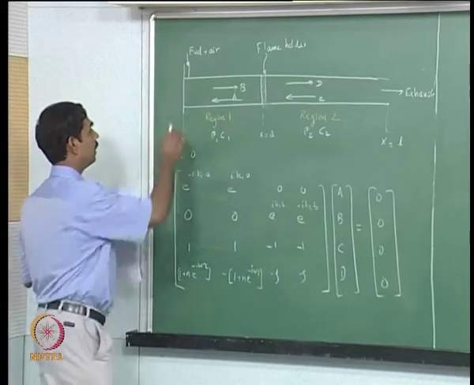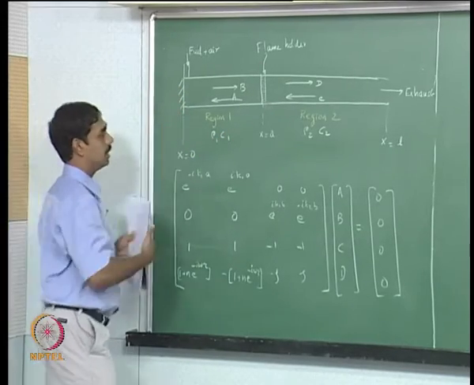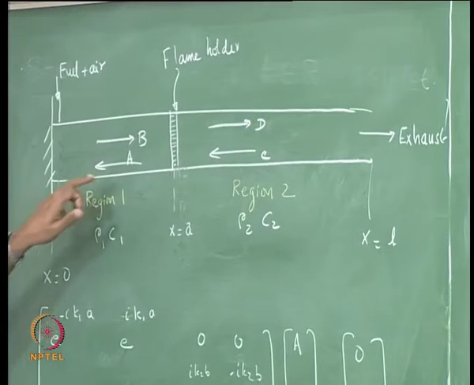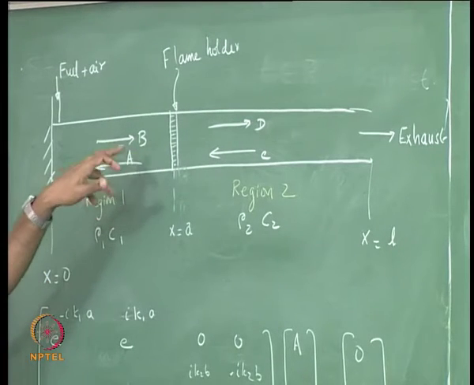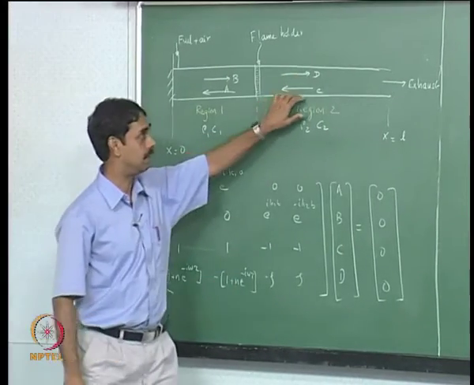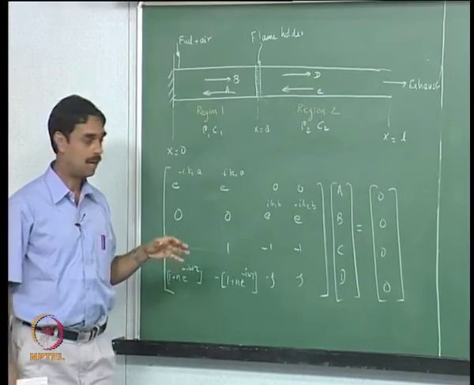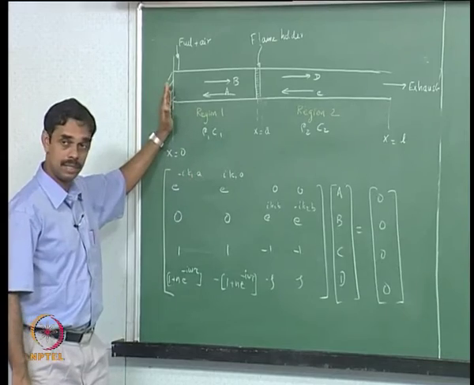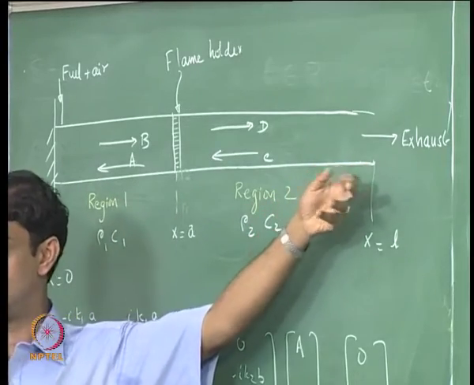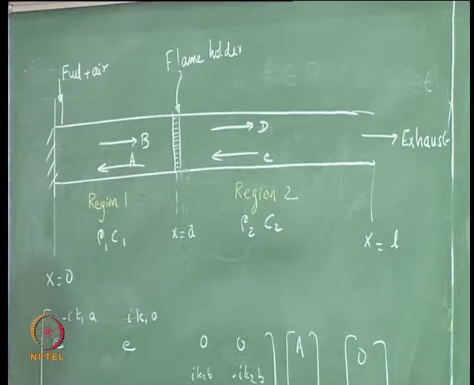So we have a closed end here and an open end here, and we wrote the solution in terms of this A and B, the left running and right running wave on the left side, and the left running wave and the right running wave on the right side. And what we did was to apply a boundary condition here that velocity is 0, and the boundary condition that pressure is 0 here. This is the same manner in which we did a quarter wave tube, but then we